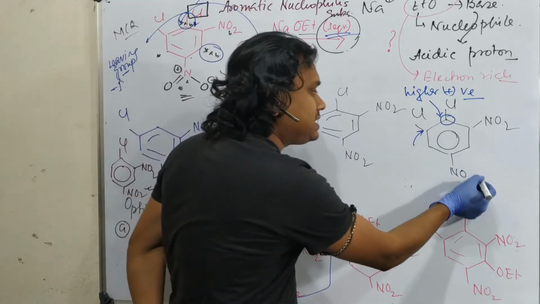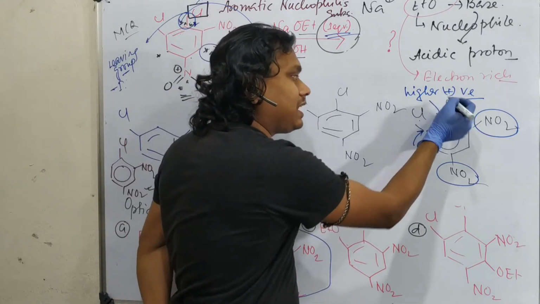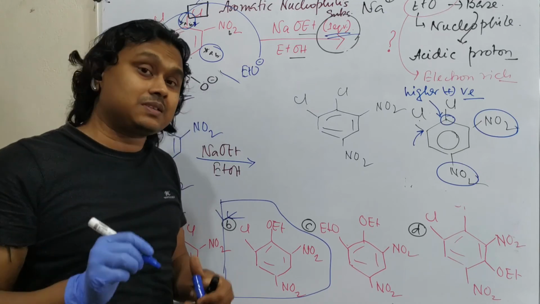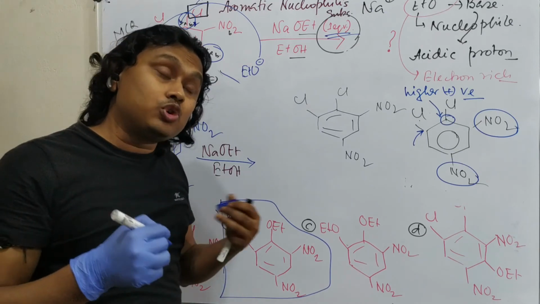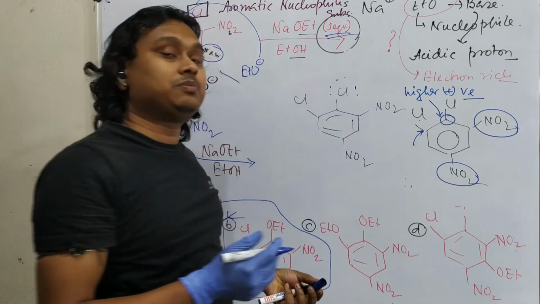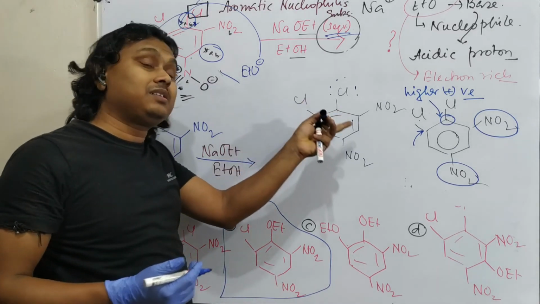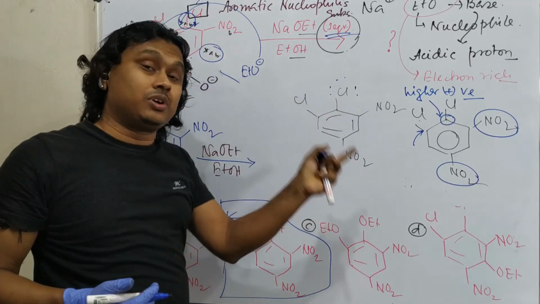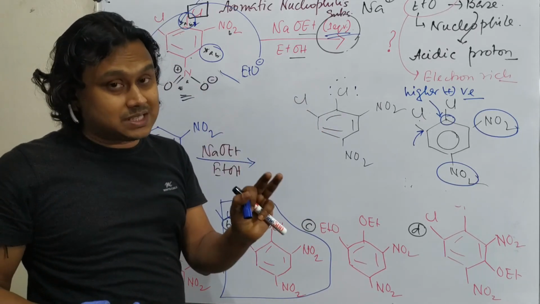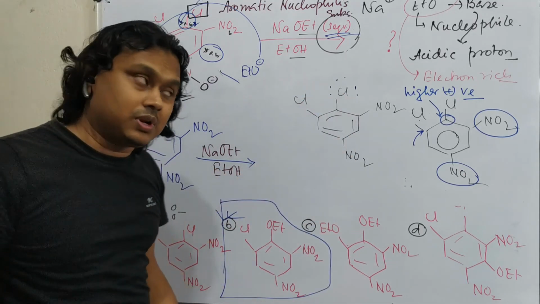Why? Because these two are withdrawing in nature, even though with respect to one Cl, the other is withdrawing. We know halogens are ortho-para orienting but deactivating because their withdrawing capability is much more superior than their donation. They also have lone pairs and can donate, but their donation capability is significantly lesser compared to their withdrawing due to their higher electronegativity. That's why they are sigma withdrawing, and that's why they are ortho-para orienting but deactivating. By the way, I've already discussed this previously in a lecture on electrophilic aromatic substitution on substituted benzene. Please visit if you want to learn more.